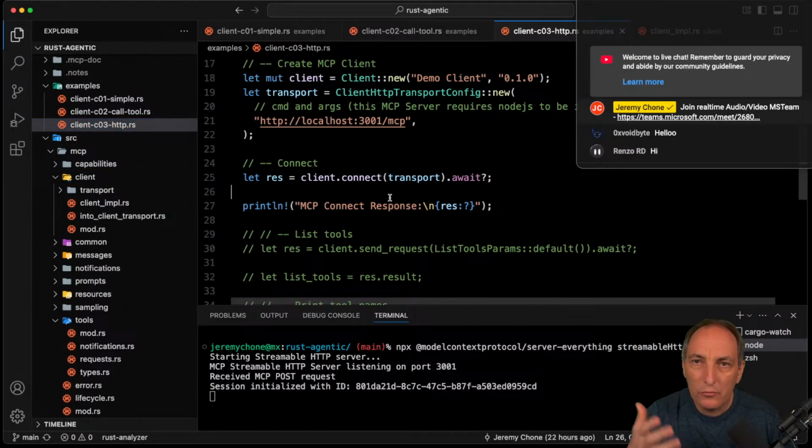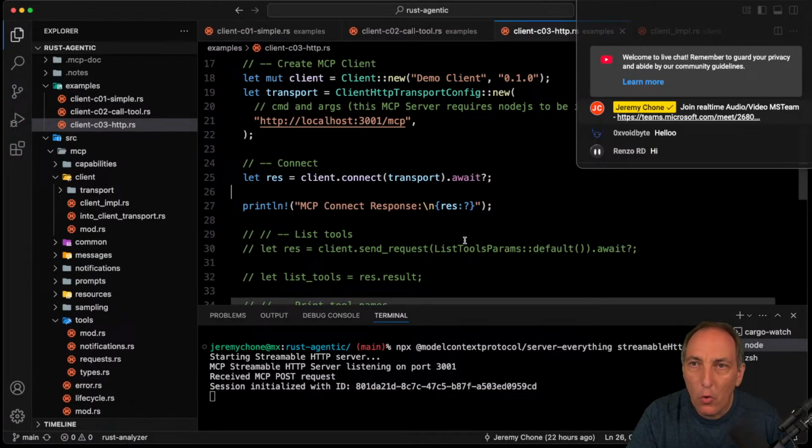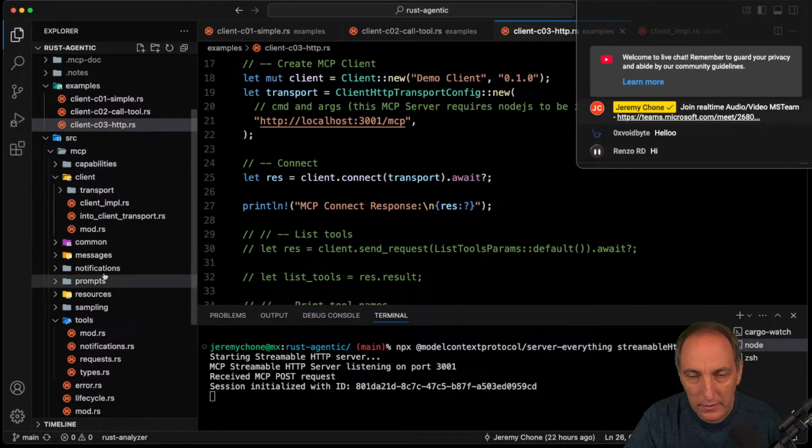Now, we're not worried too much about the server. The server here, which is done in Node.js, the example server, creates this session ID. Now, the trick is we do not store the session ID. So now I'm going to go back to the code there. It's going to go very, very quick here. And so if we go